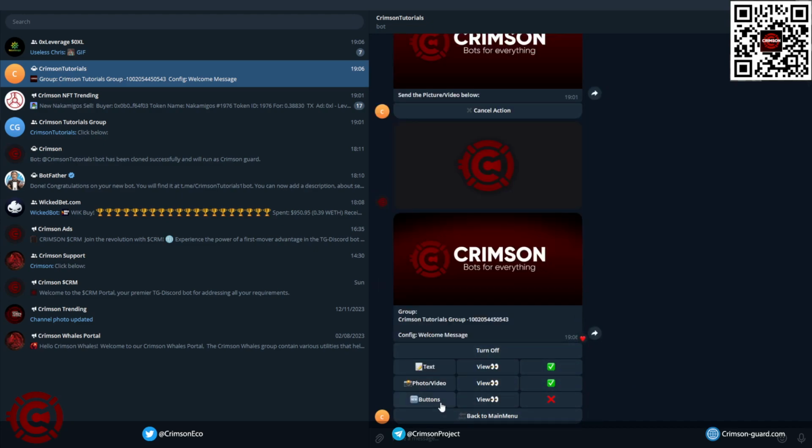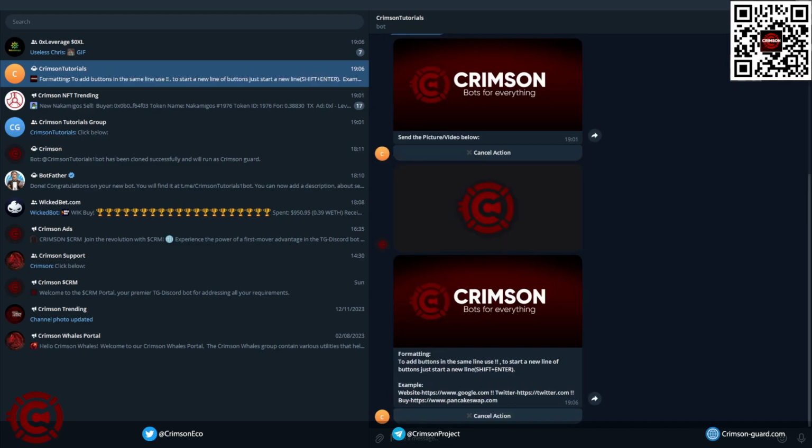And now I want to have different buttons, like let's say the website or Twitter or whatever. So I will click on buttons. And then as you can see, in order to add buttons in the same line, use double. And to start a new line of buttons, just start a new line, shift enter. Example, website, Twitter, and buy. The three of them will be in the same line. Let's make an example. Website,